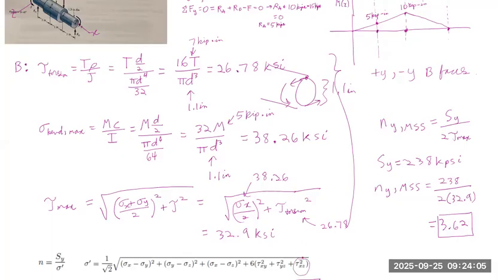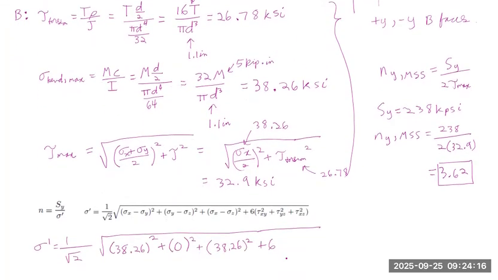So tau xz will be our tau here. But it doesn't really matter because we just know we have one tau term. So for torsion, we will use the one that we found, which is 26.78 squared. And then we calculate this to be 60.13